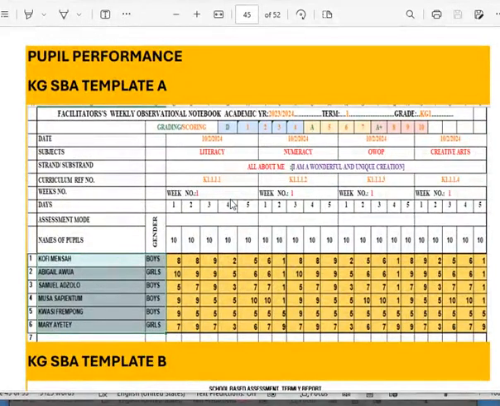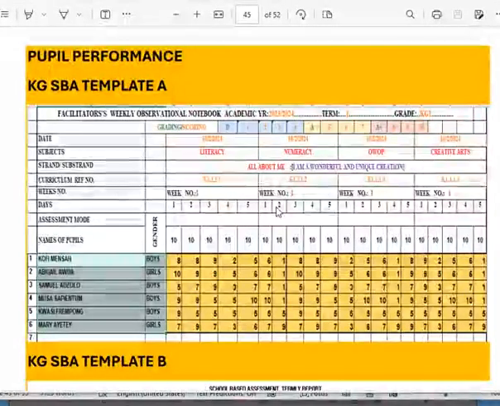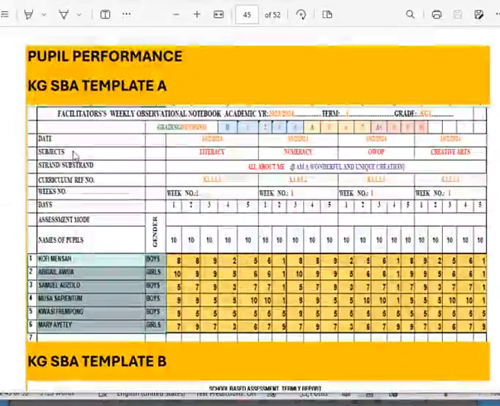So within the week, it is expected that the KG facilitator will cover all the four areas, and that includes literacy, numeracy, creative arts, and OWOP, right? And whatever they do, the lessons or the substrand they teach should remain the same. So that is how come we have it under substrand. So you see, let's begin from here. We have the date here. So within the week,